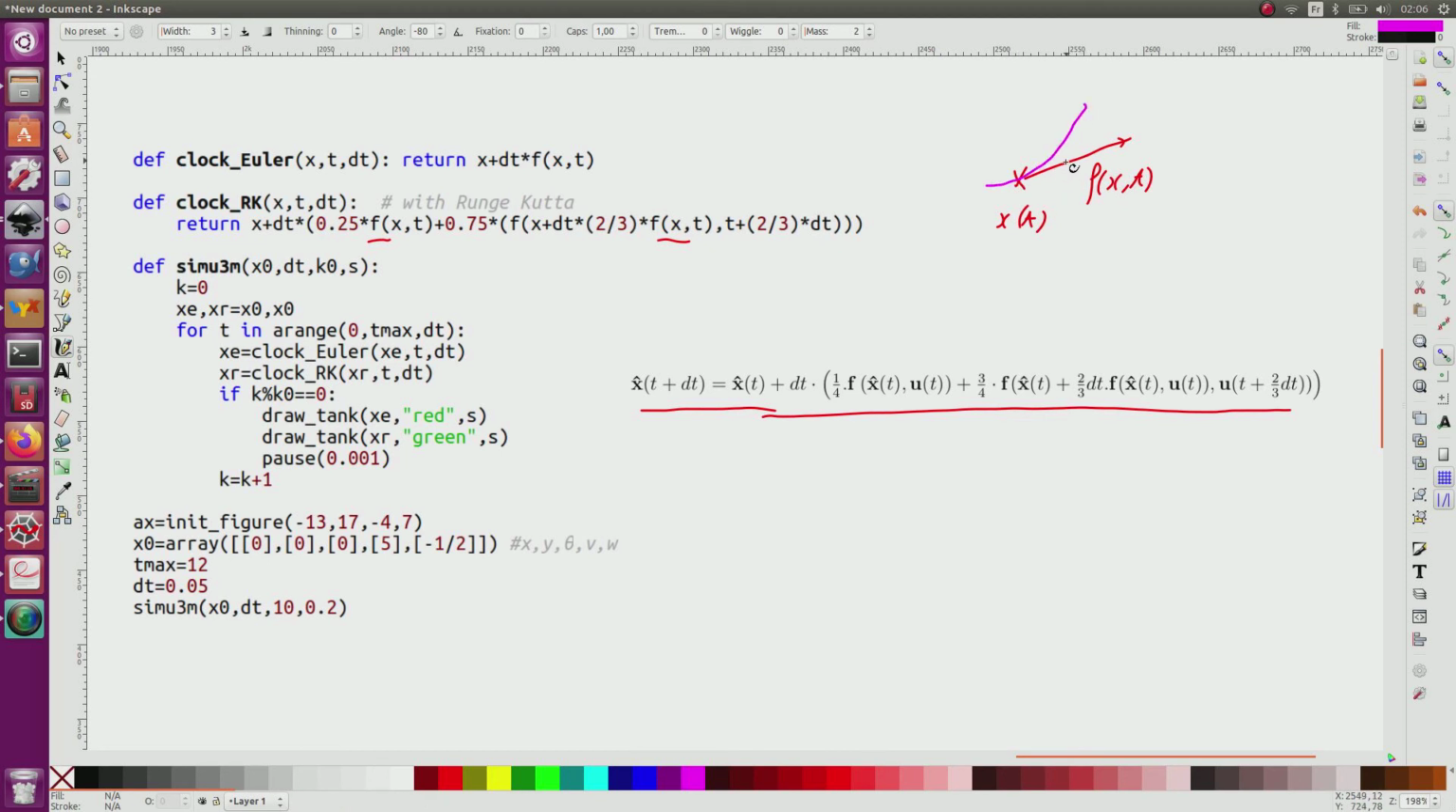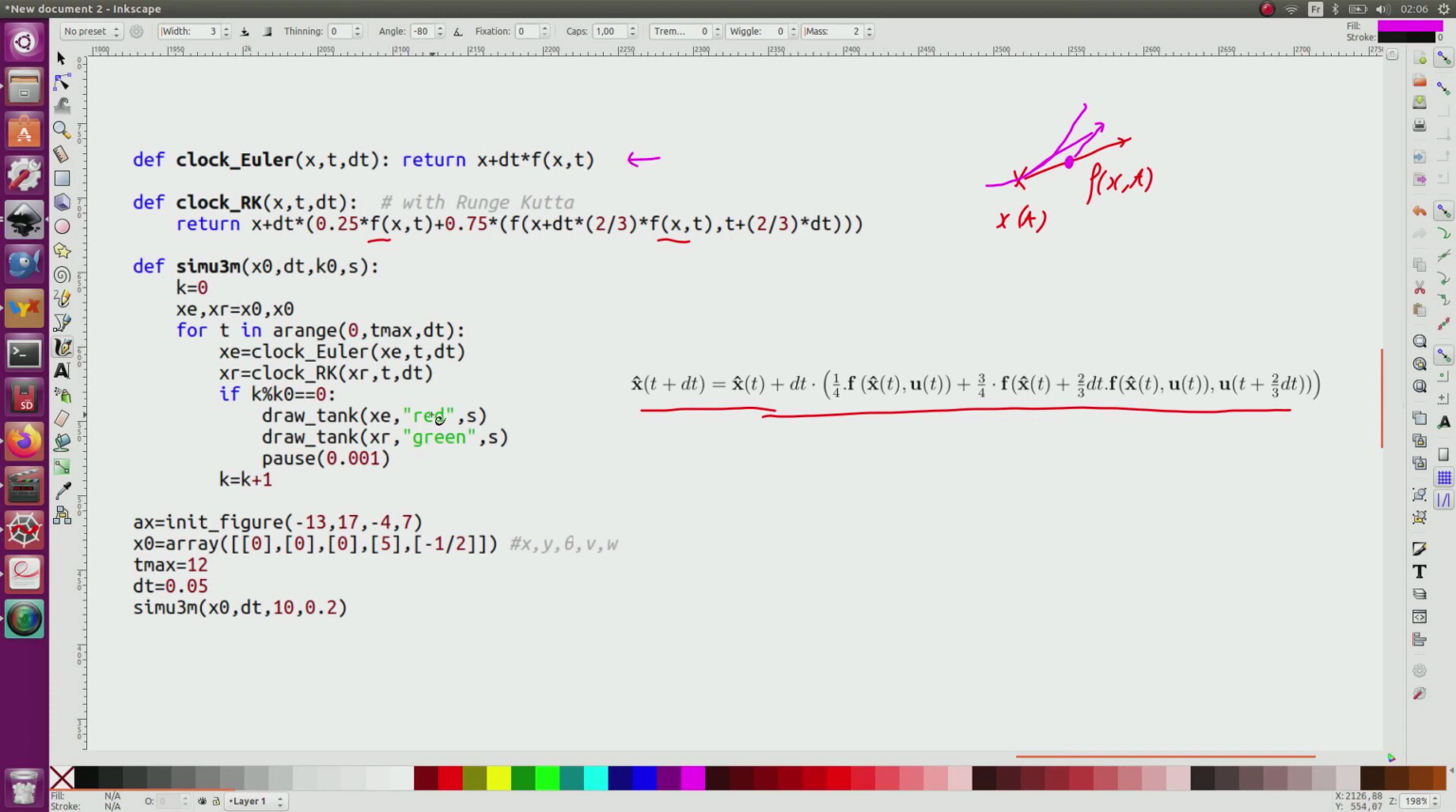We guess where it will be later with an Euler method. We check how the vector field is like this, and we make an average of the two, so that will be more accurate. And the order of convergence of the error is larger, so it means that I am more accurate. So this is the Runge Kutta, and I compare the Euler like this with the Runge Kutta method, and I